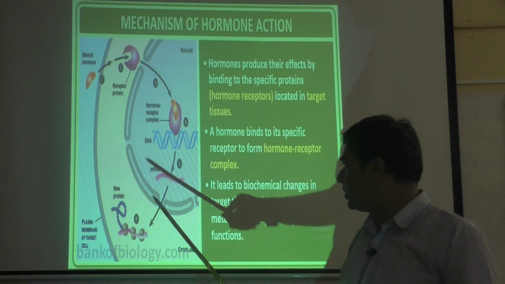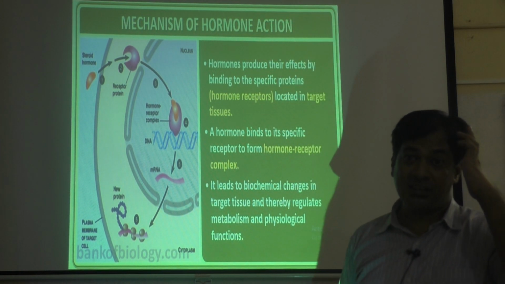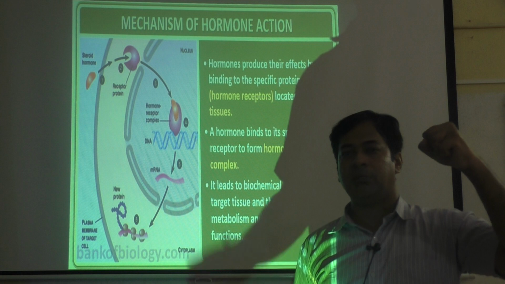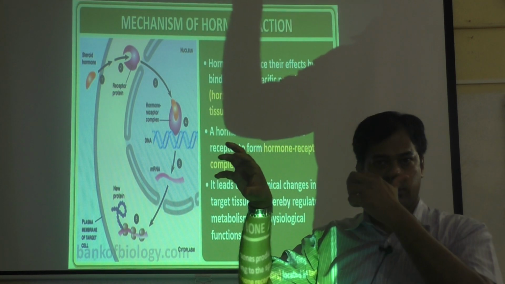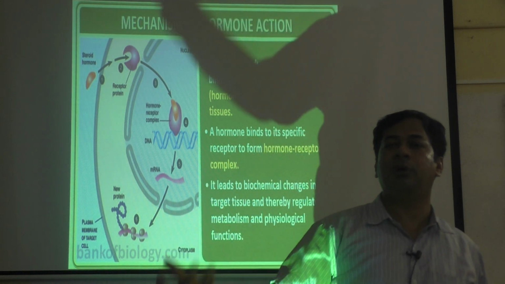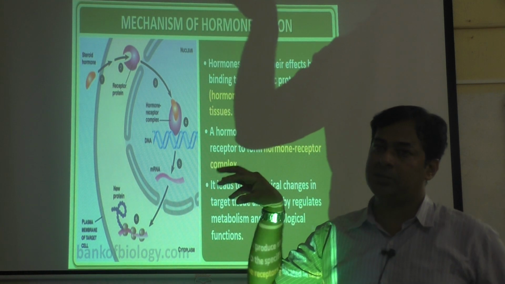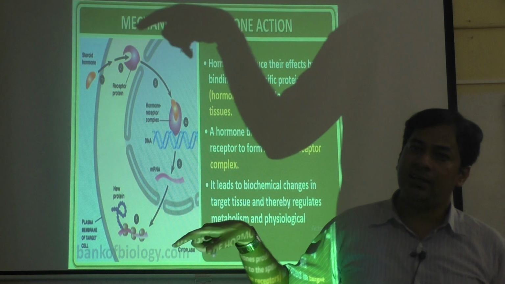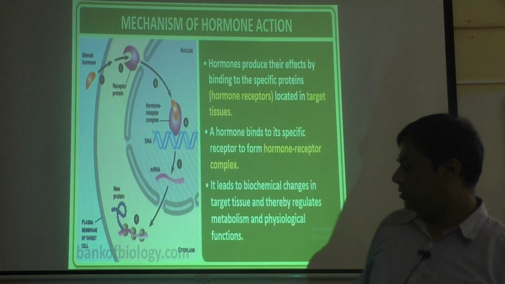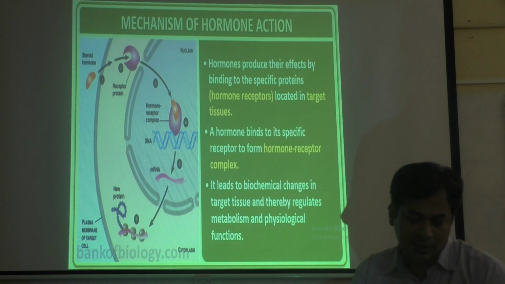So this protein will bring changes. That is what we call functions. So for one function to be done, what has to happen? The hormone should come and bind to the receptor, the receptor will bind to the DNA, DNA produces RNA, RNA produces new protein, and the protein does the work. Simple, I repeat. The hormone binds to the receptor, the receptor binds to DNA, DNA produces RNA, RNA produces new protein, and the new protein will do the function. This is how the action will be done. Then one more action is there.